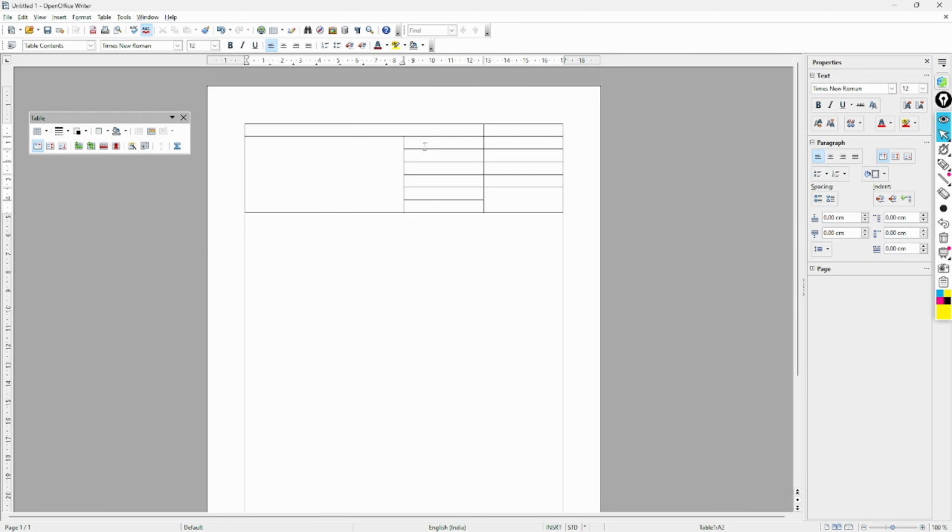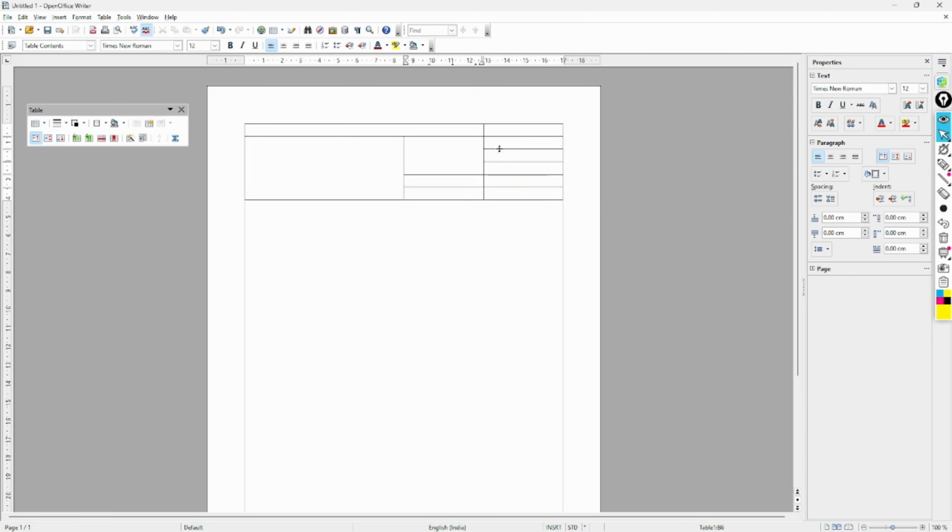This is the first way, and now the second way. These three cells got selected. Now in this, what is this? The table toolbar. Here you see this option. The first option is merge cells. From here also you can merge cells. Understood? See. Click on it. Cells got merged. See. Done.